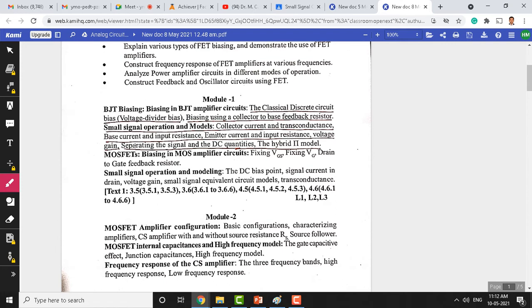Let me highlight here. This is the topic I am covering in today's class. Since it's an online class, we are able to cover the topics quickly. So from the students' point of view, you should study and understand the topics then and there itself. Especially in this course, once you study the theoretical things, solve a few numericals to understand the theory behind them.